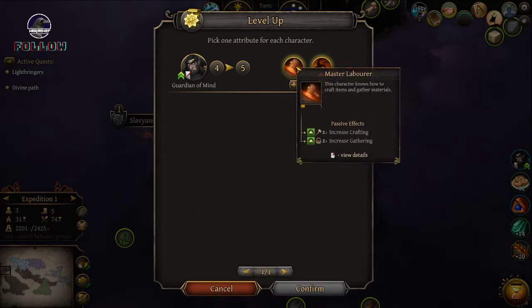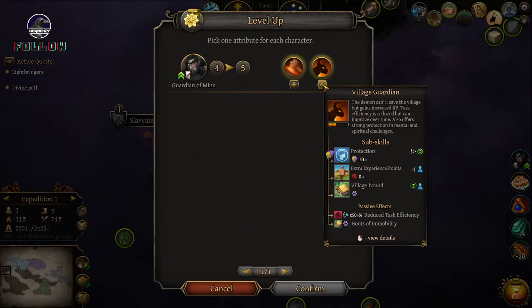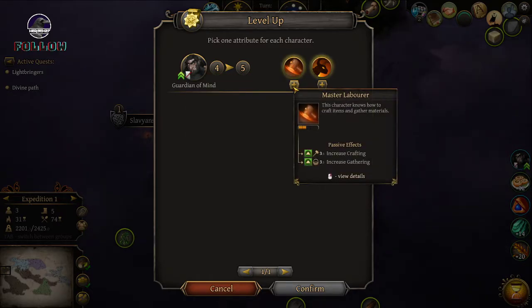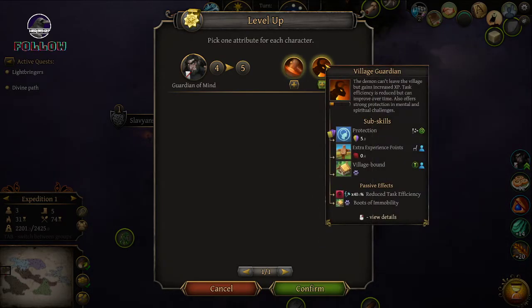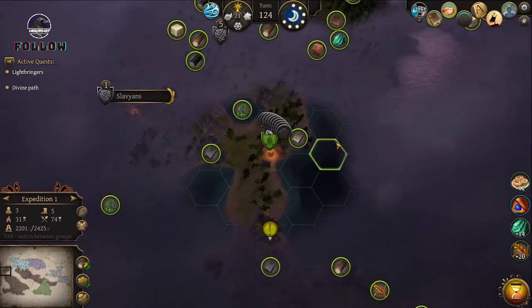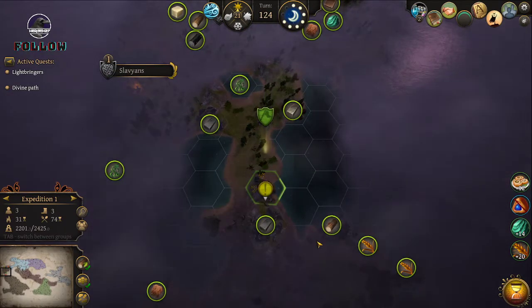So, our Guardian of Might. Well, crafting and gathering. That's actually quite nice, but this trait is very good for the shielding that we get from it. So we want to go down here to the beehive,